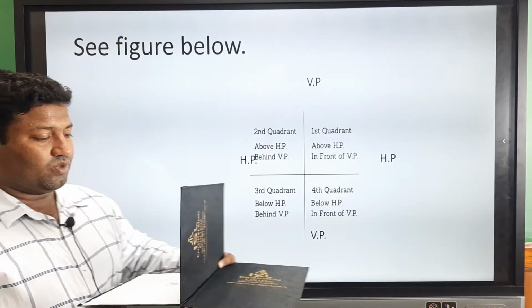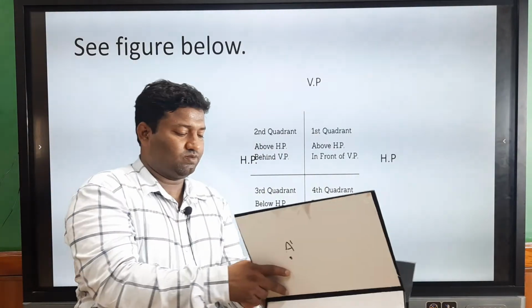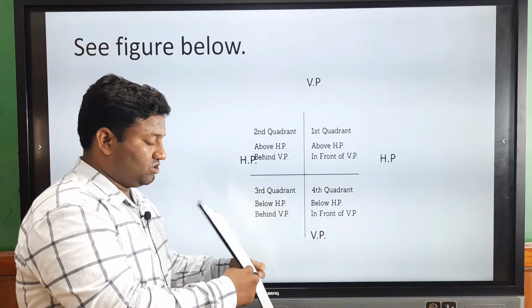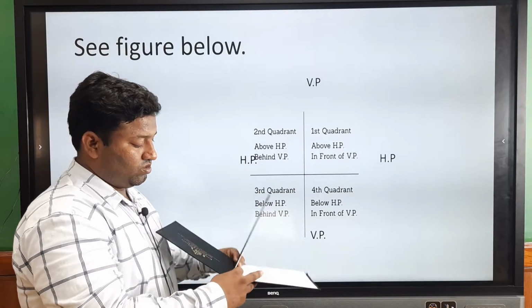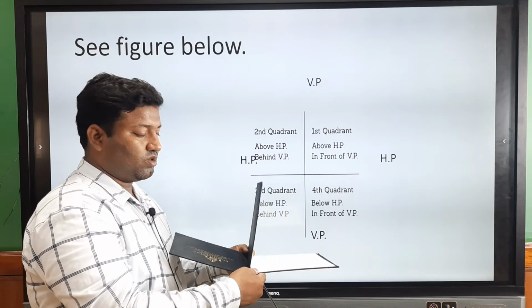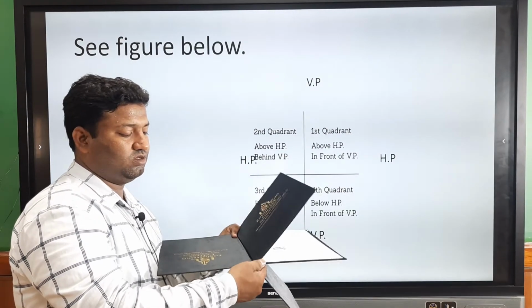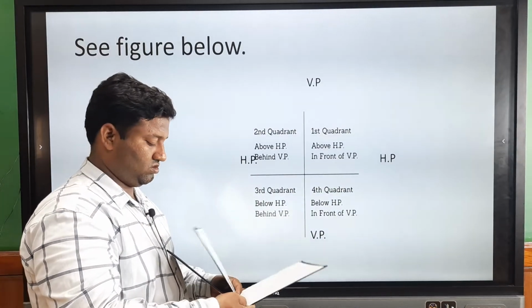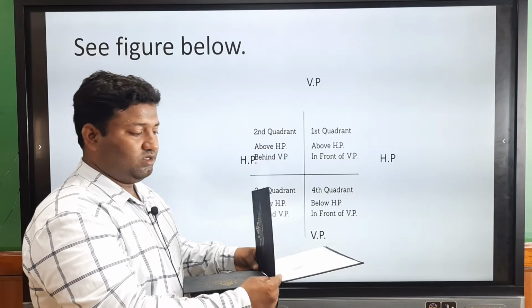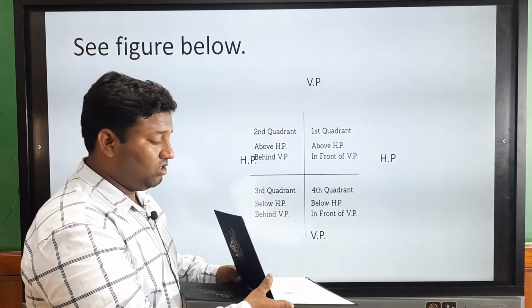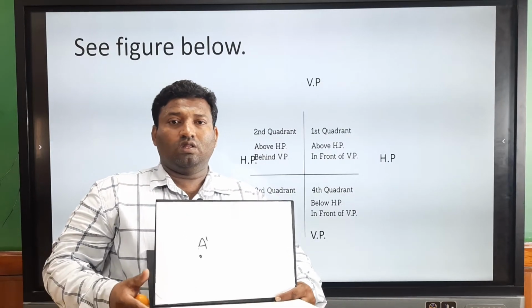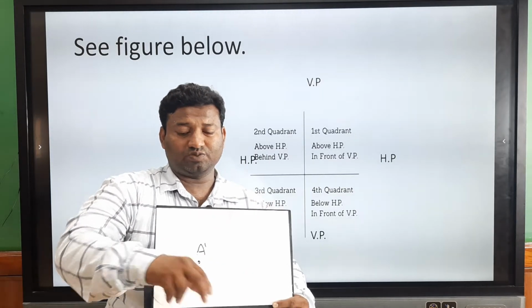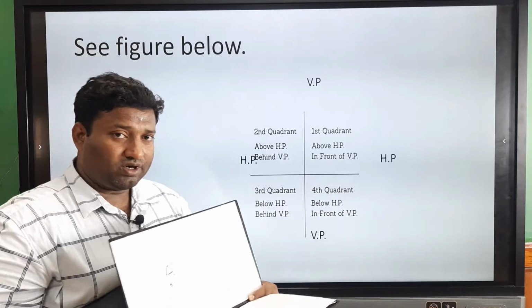When we rotate this one, like this, from this position to, from HP, if you rotate the object, the first quadrant, this is our first quadrant. So, if you see, this is HP and this is VP. So, when we rotate this one, the y axis is representing as our VP and the x axis is representing as our HP. So, here if the object is in the first quadrant, how it will be, I will just show you.